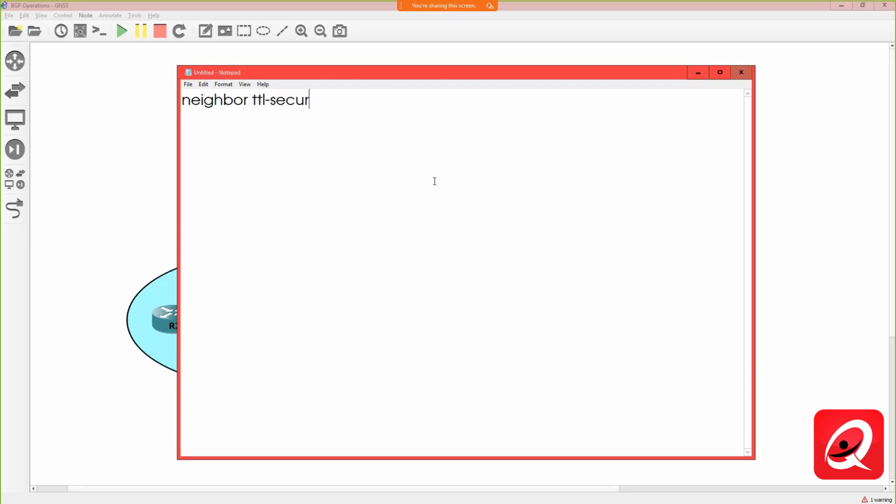So TTL security hops, and then we would specify some sort of TTL value. This is different than doing the neighbor eBGP multi-hop command. And we would specify some sort of TTL value. Remember, you're still going to specify the neighbor itself as well, referencing the peering address that you're using for that particular neighbor. All right. Now, the first option that you see here, this TTL security option, that's a better implementation